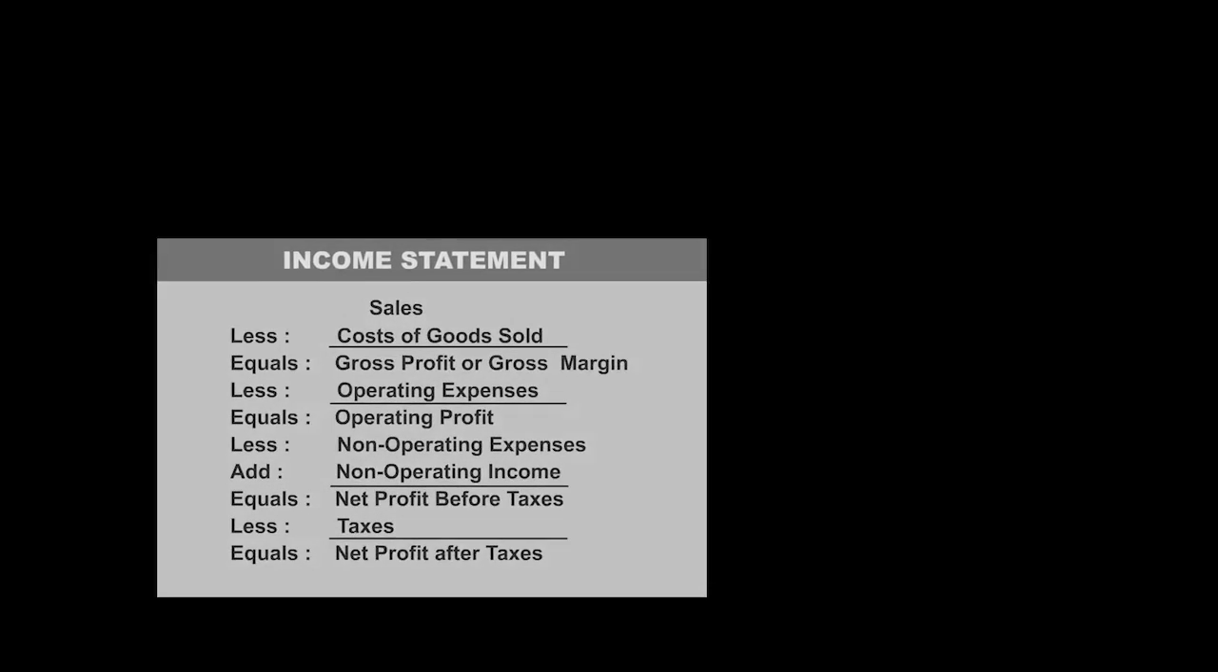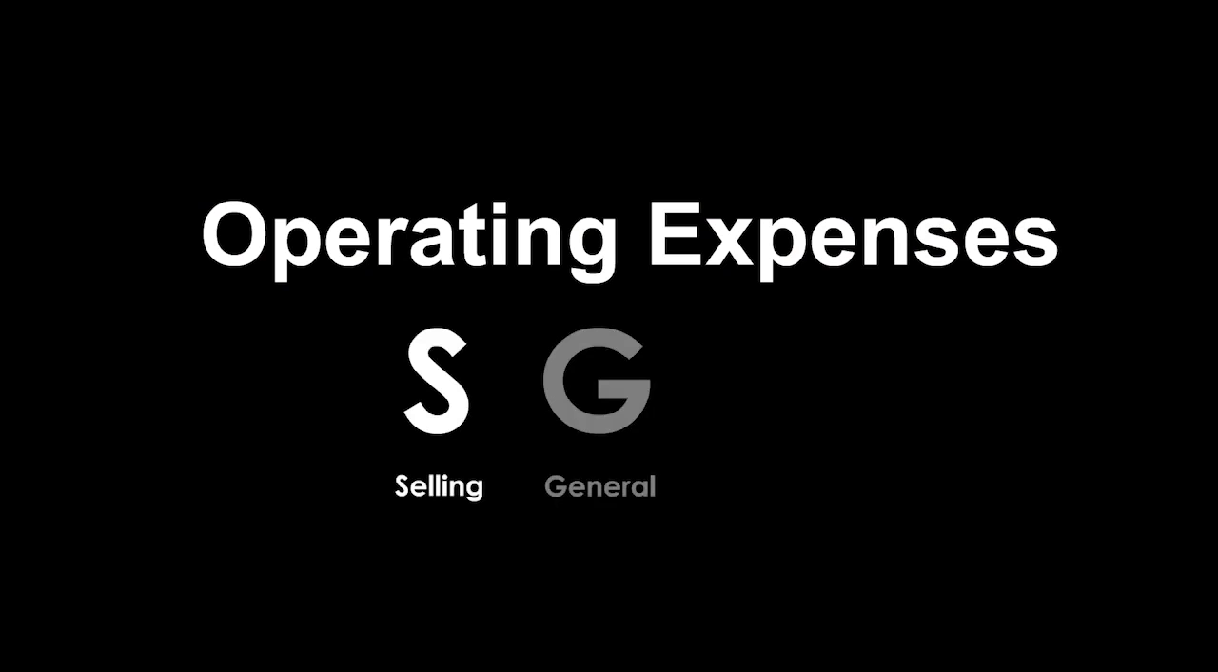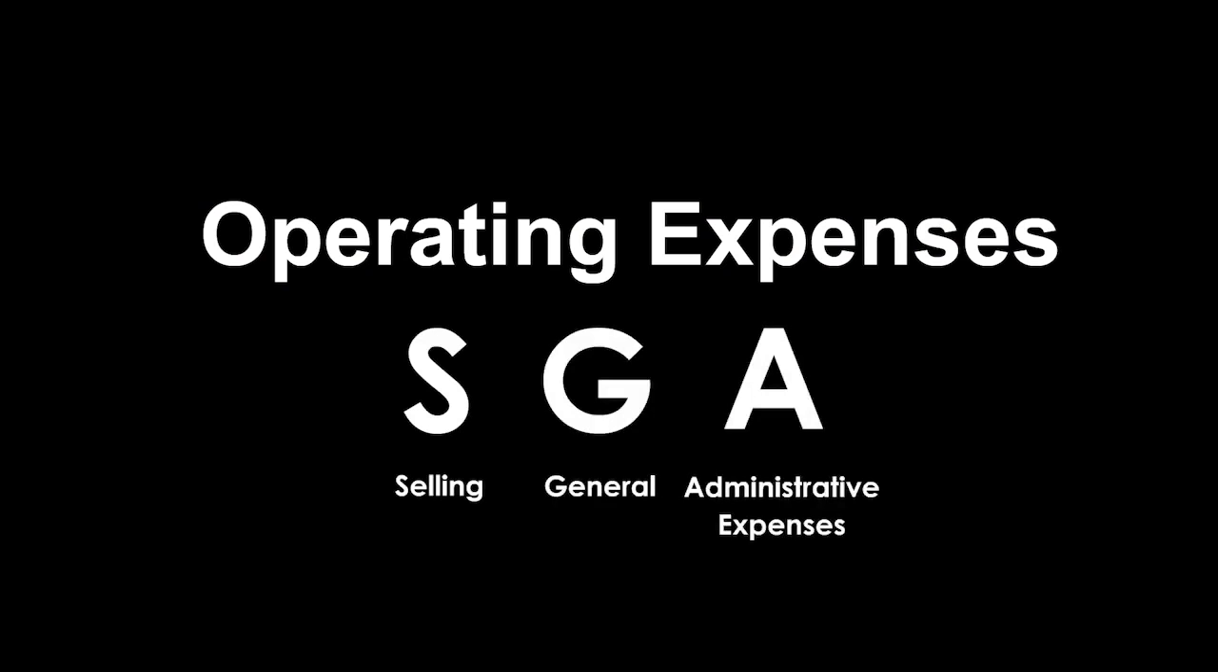Proceeding with the rest of the income statement below the gross profit figure, the accountant lines up the operating expenses, also known as selling, general, and administrative expenses. The various expense items that are not directly part of the costs involved in making the product or delivering service